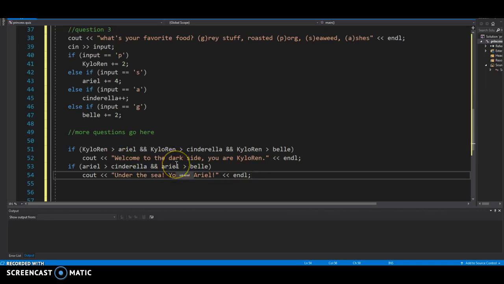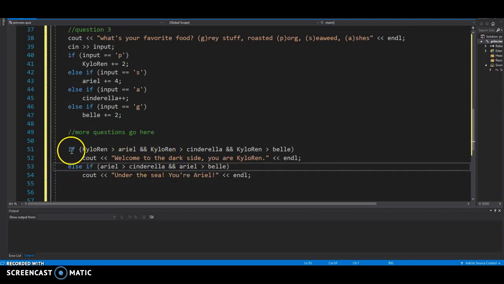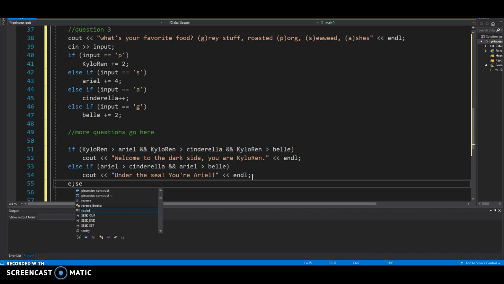Okay, so I'm also going to add an else here, because we want these guys connected. So if it's not this, then it's this, and then it's not that, it's that. Okay. Else if, so I guess we just need to check, so if it's not Kylo and it's not Ariel, then it has to be down to Cinderella and Belle. So let's check if you're Cinderella. If Cinderella is bigger than Ariel,